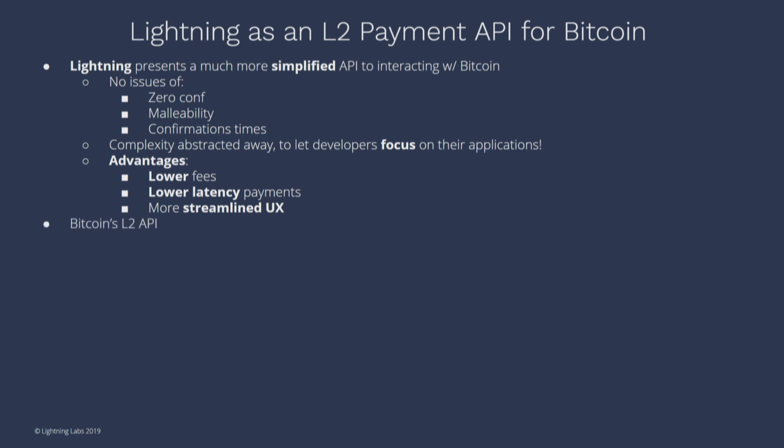And then I have something I call a simplified L2 API for Bitcoin. You can view this as a more simplified API for interacting with Lightning itself. First you have opening a channel. Opening a channel takes a peer's public key and returns something I call a channel point. A channel point is your identifier for identifying a particular channel ahead of time.